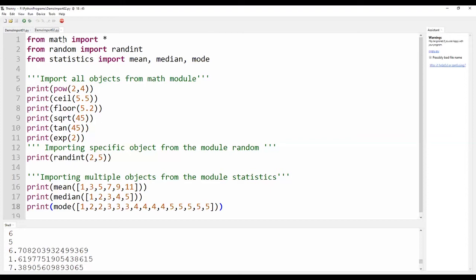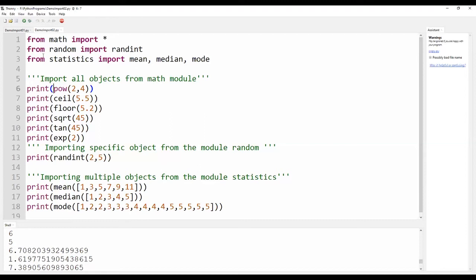From math import star means you are importing all the objects that are present in math. Here, if you note, you are not supposed to use math.pow, math.ceil, something like that. You are supposed to use the object name directly along with the parameters.